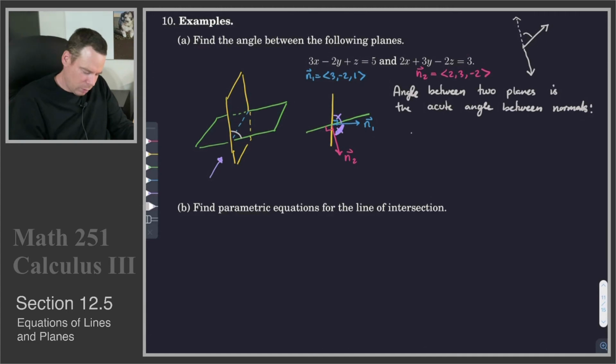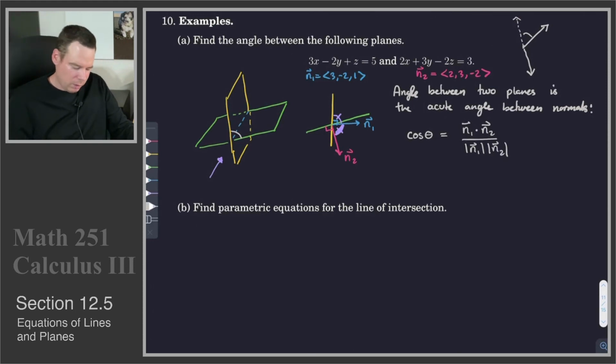So if I want to find the angle between them, then I'm really interested in cosine of theta being equal to the dot product of the two of them over their lengths. This is the relationship between the angle between two vectors and the dot product. And if they happen to point in opposite directions, then the dot product gives me a value which is negative. I'd instead rather take one of the vectors to point in the opposite direction by negating it. I can deal with all that fine detail by just slapping absolute value signs around the whole thing,